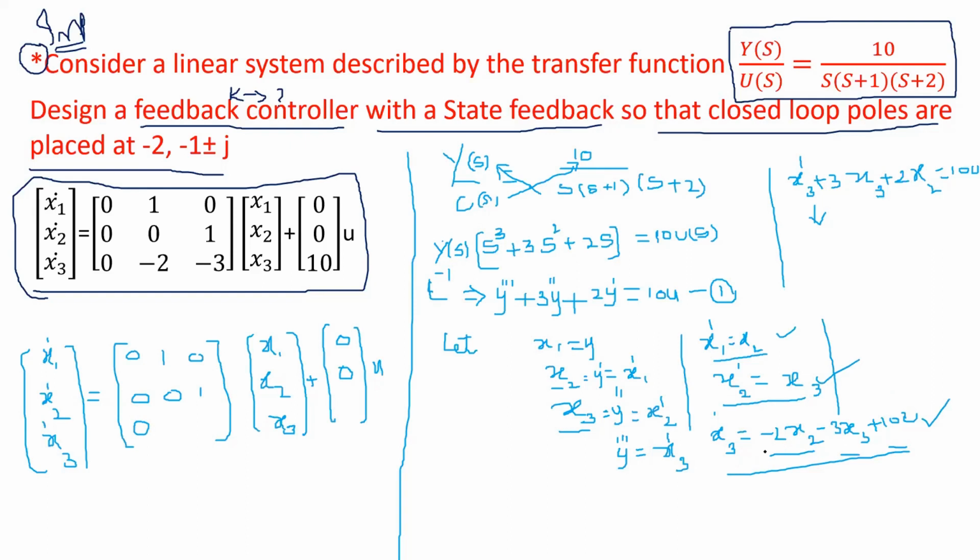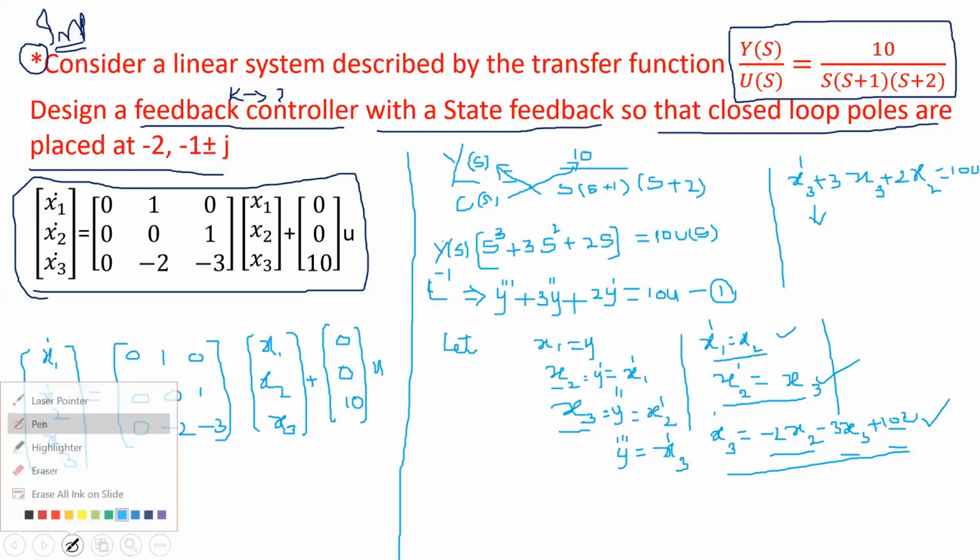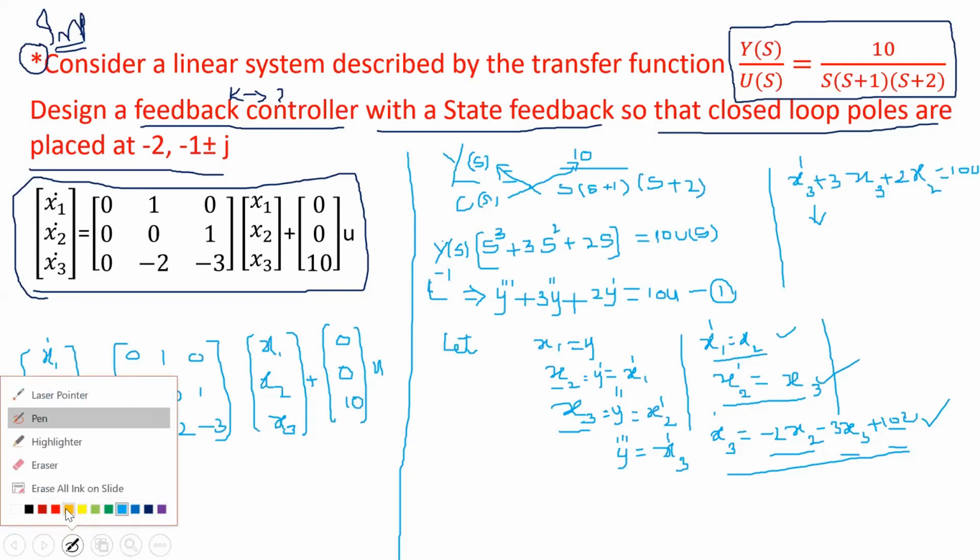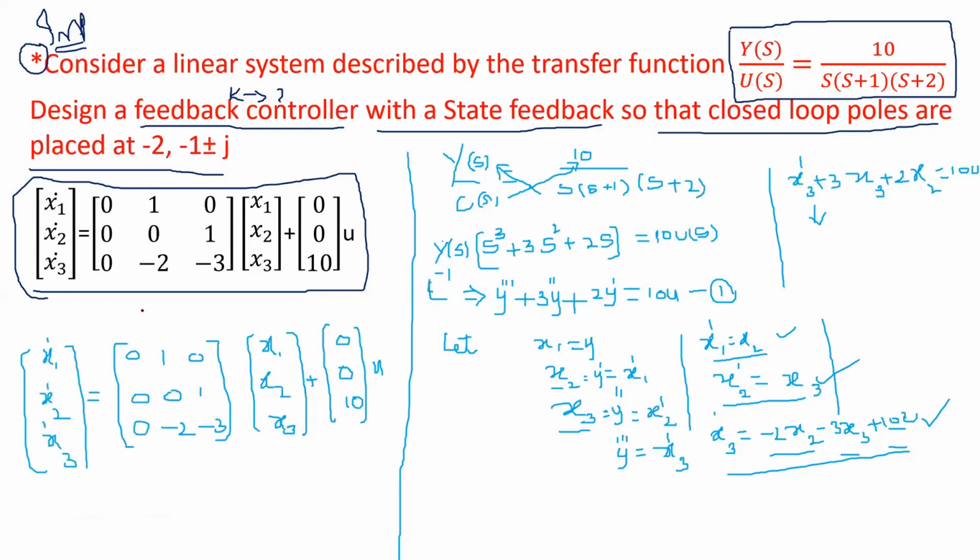And what is the x2 component? Minus 2. Therefore, I will go with minus 2. What is next? Minus 3. And what is next? 10. That is for the input matrix. It should be 10. Now look at this one. Compare with the previous one. You will get a perfect idea.